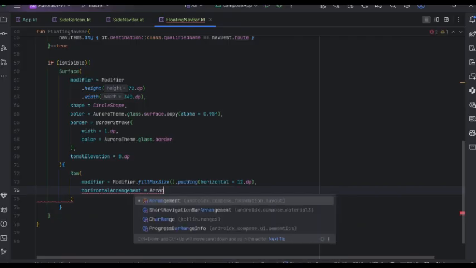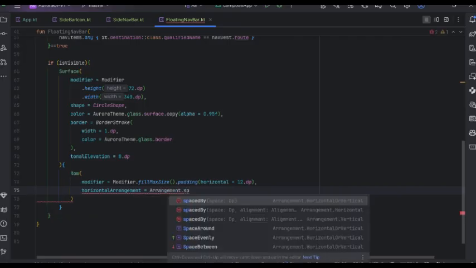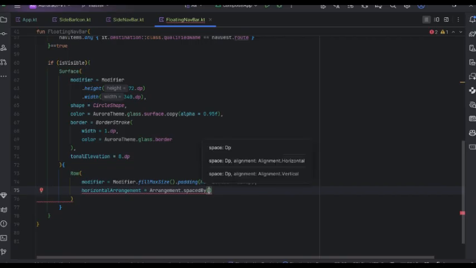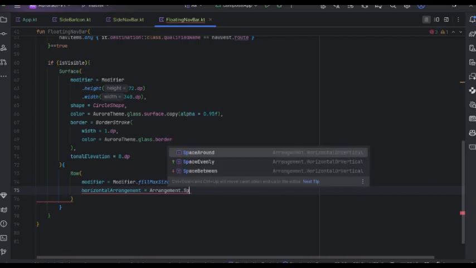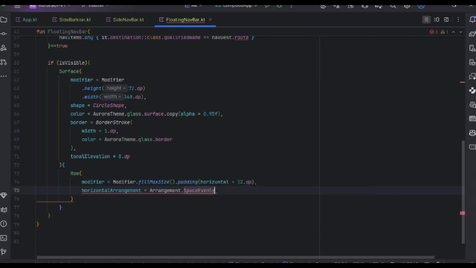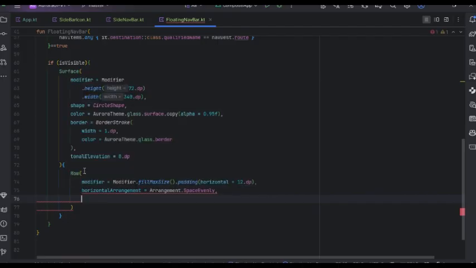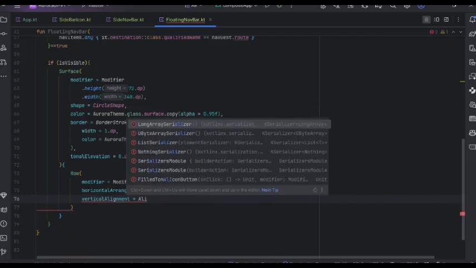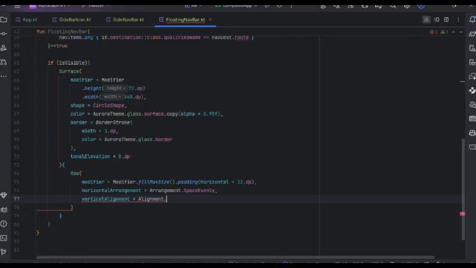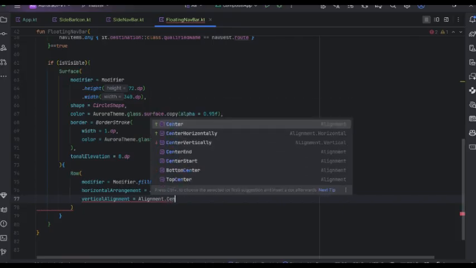Arrangement dot space. Let's use space evenly. Hit enter. Okay, so after that we also have to give it a vertical alignment. Vertical alignment dot center vertically. Alright,